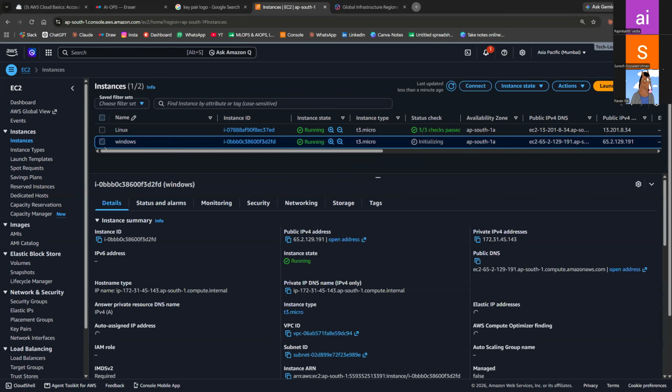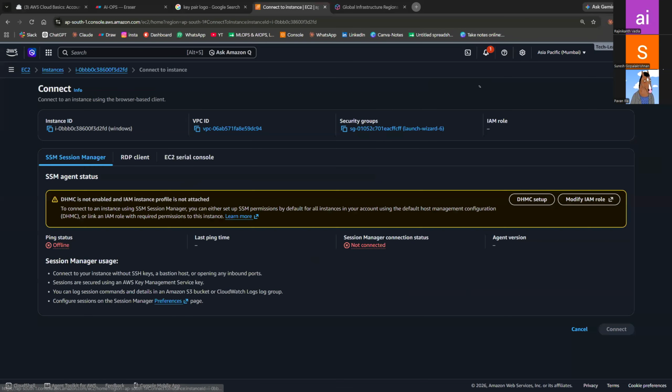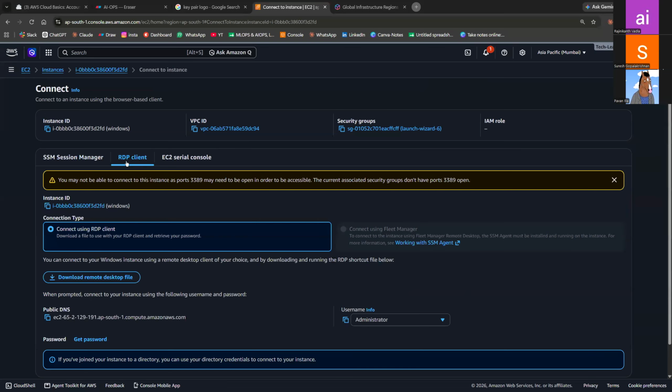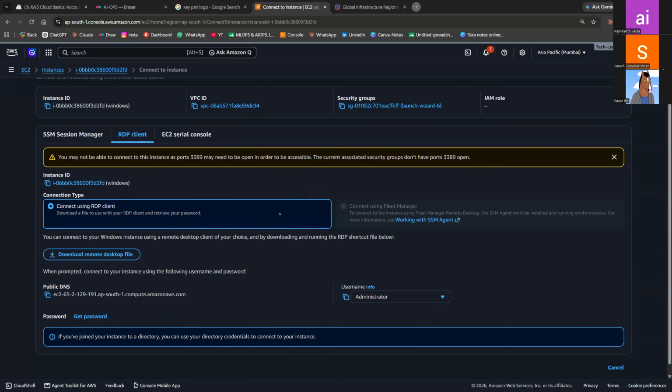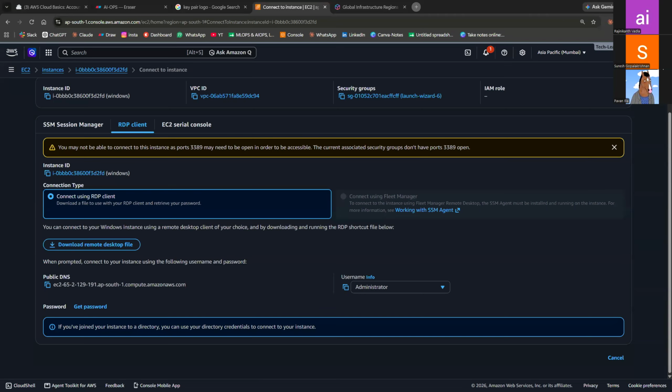Initializing. If I click on Windows, I need to connect. How do you have to connect? You have to connect through RDP, Remote Desktop Protocol. So with this protocol, I need to connect through a remote desktop file.